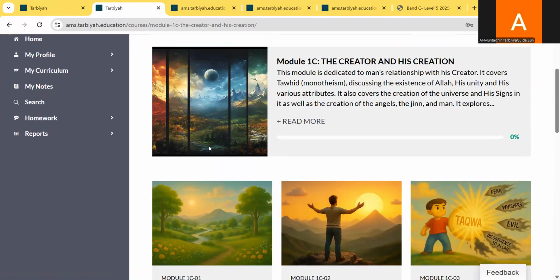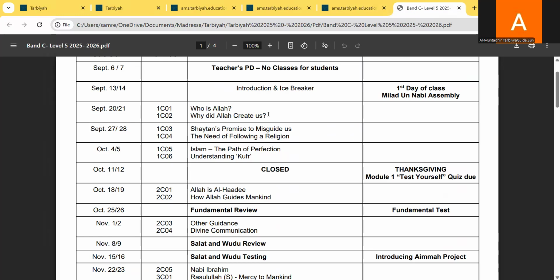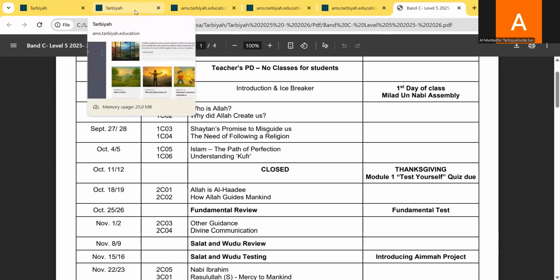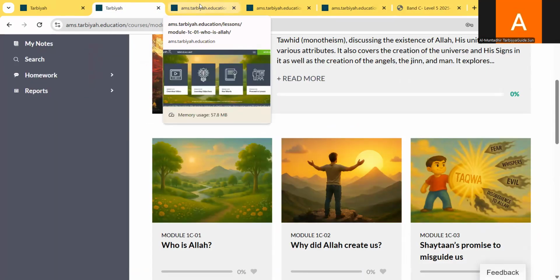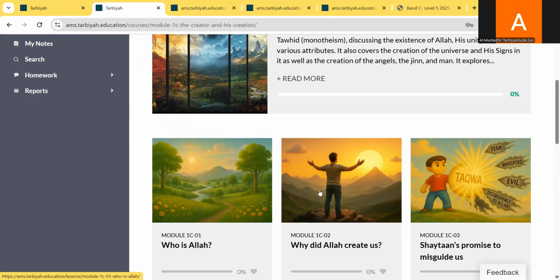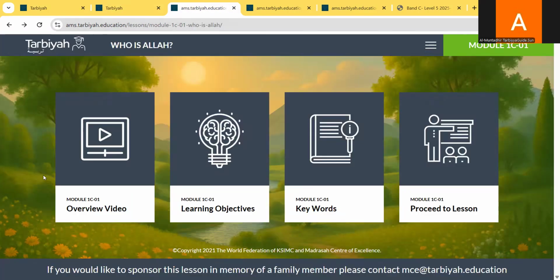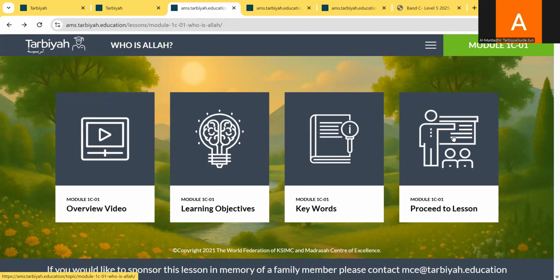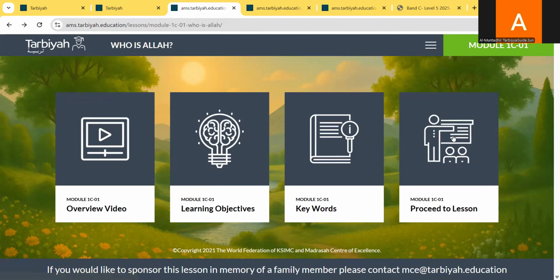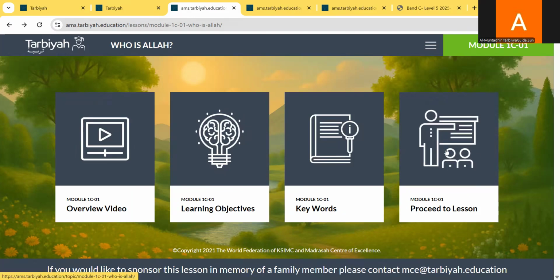Now, each week, if you look at the roadmaps, the teachers are required to cover 2 lessons each week, and the teacher will use different child-centered activities to teach those lessons. And I will take you to the lesson now. So if you click on Who is Allah, it will take you to this welcome screen for the lesson. You can go through these as well, but the main information is provided in the proceed to lesson section. So once you click on it,